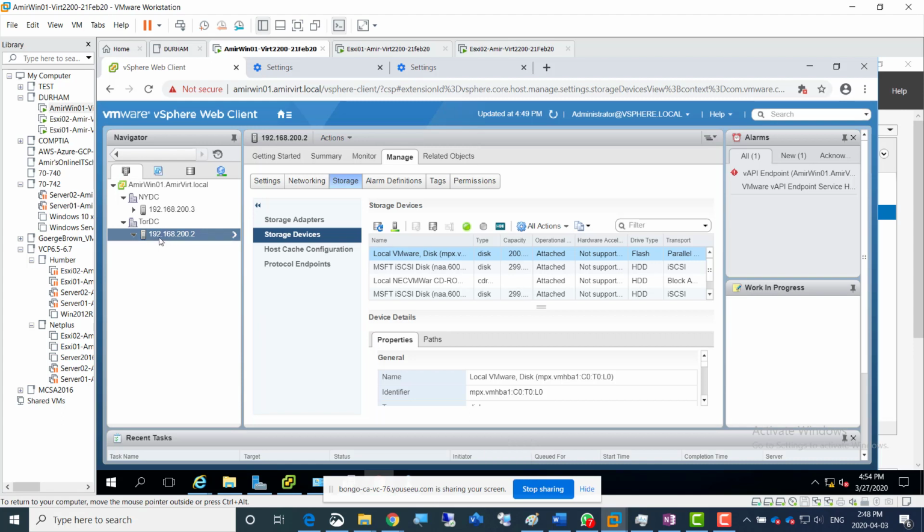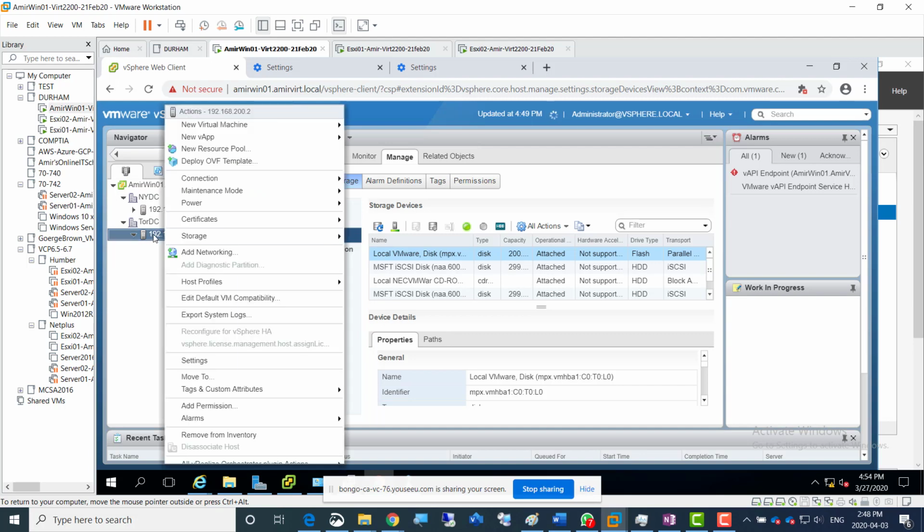I'm on ESXi1 within Hosts and Clusters here, and I'm going to right-click on top of that ESXi1, and you can see on the top there's a New Virtual Machine option,